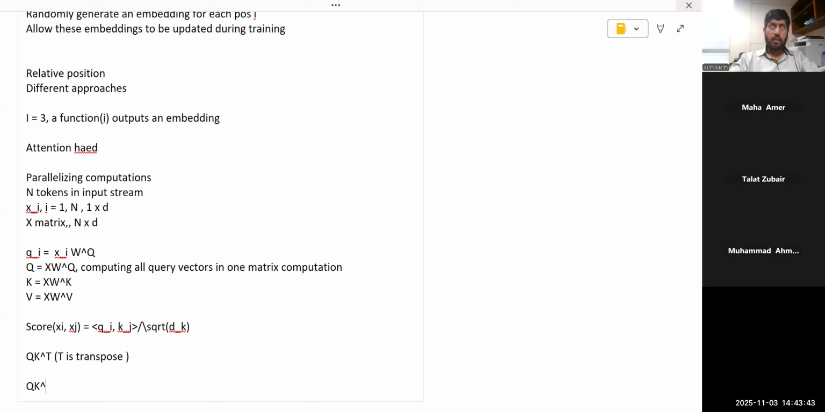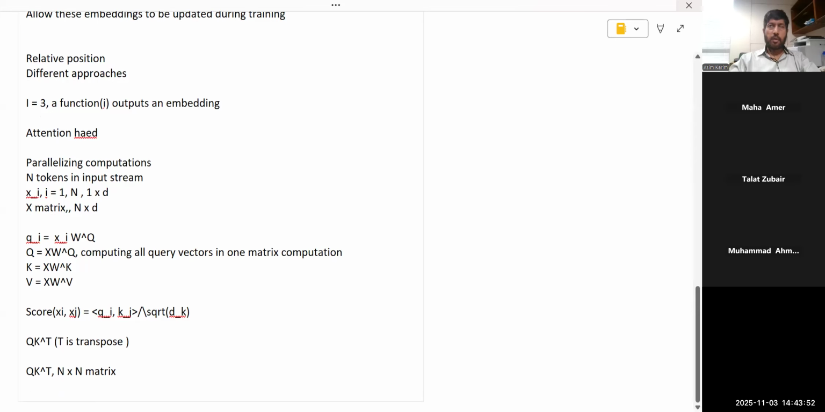By the way, QK transpose is an n by n matrix. ठीक है। किस तरह, बिकॉज Q जो मैट्रिक्स था आपके पास, Q मैट्रिक्स कितना था, n by d था, ठीक है। और जो K ट्रांसपोज, K ट्रांसपोज पे क्या होगा, d times n. So if you do this multiplication, you get an n by n matrix,